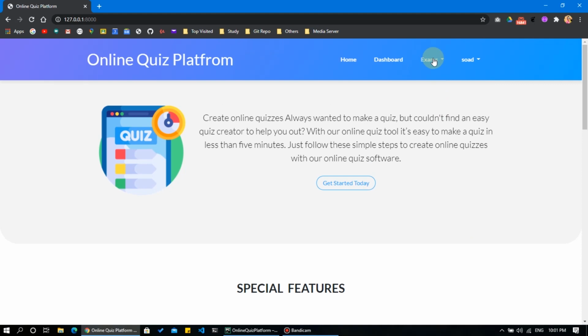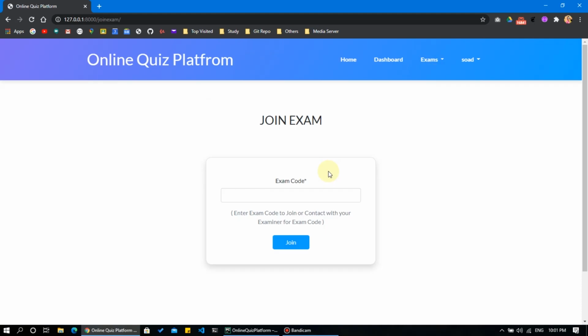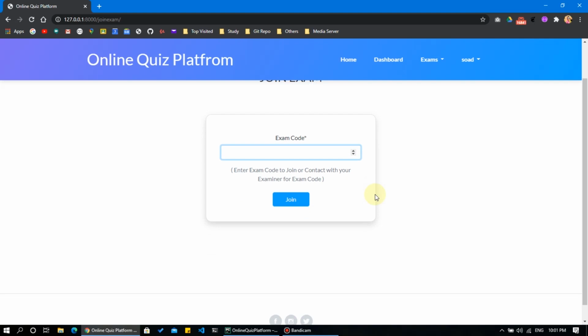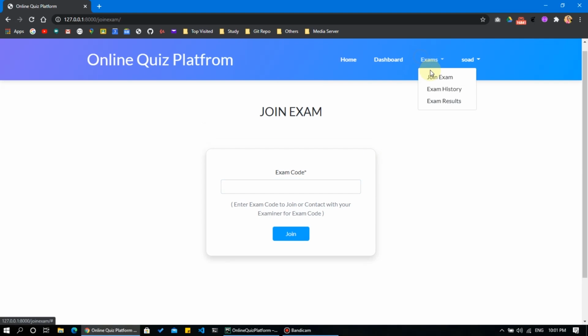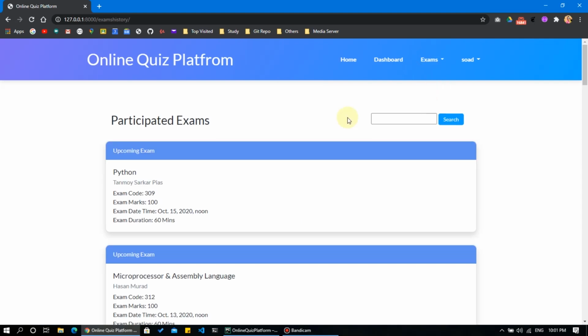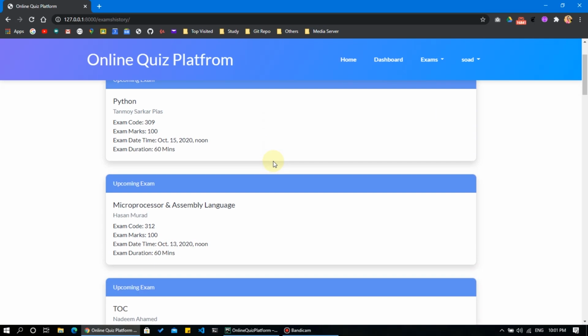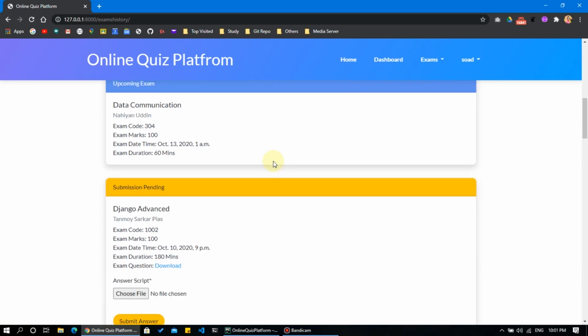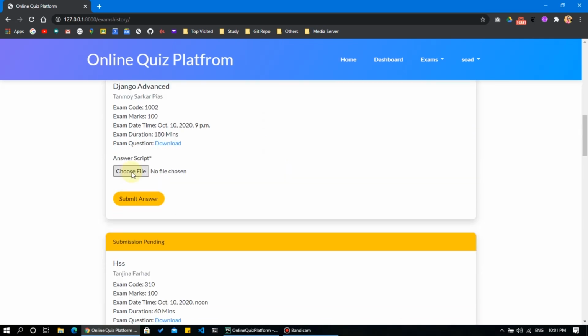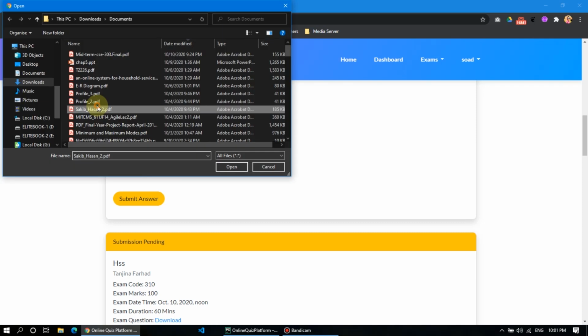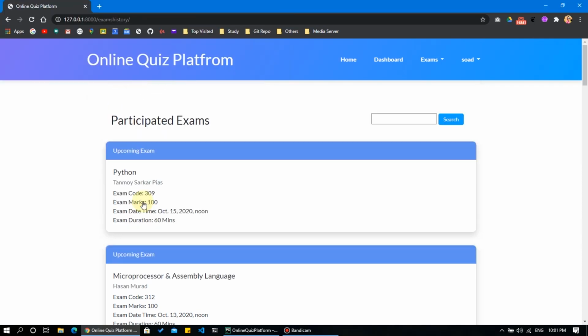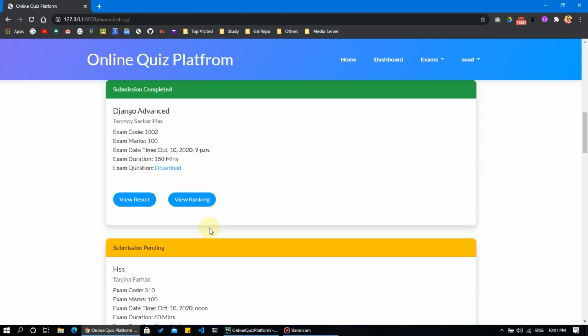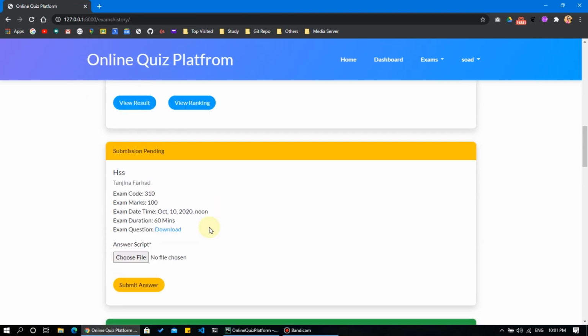Now, as an examinee, the examinee can join an exam using the exam code provided by the examiner. After that, the examiner submits a question so that the examinee can view the question and download it also. An examinee submits an answer script and submits the answer so that the examiner receives the submission.